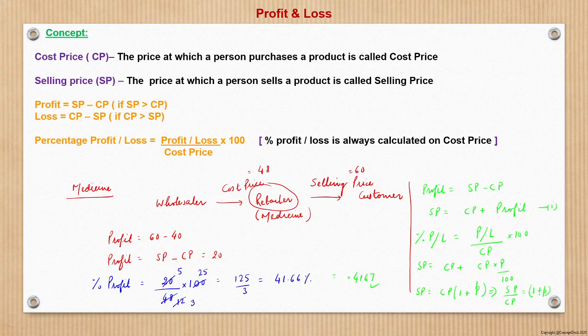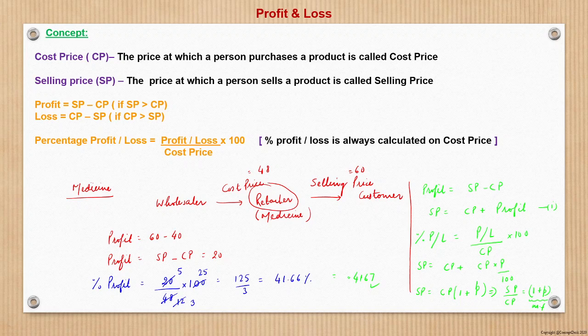Where p will be a decimal. Now this is very standard, and this 1 plus p we can call the multiplying factor. This thing we have seen in percentages also. So what is the multiplying factor? 1 plus p is nothing but SP by CP. So wherever we see SP by CP, that term will give you a multiplying factor, and the multiplying factor is nothing but 1 plus profit or loss, where profit and loss is expressed in terms of fraction or decimal, not in percentage, right? So these are the things.